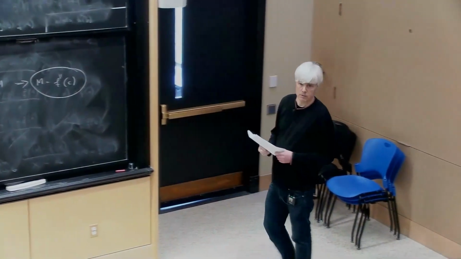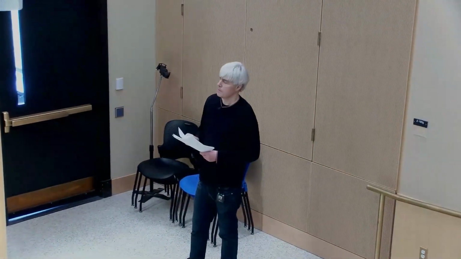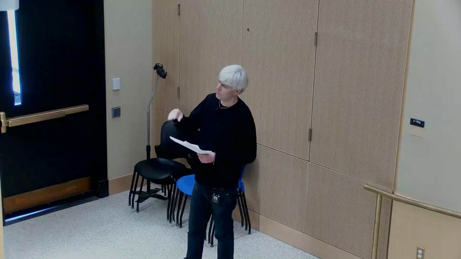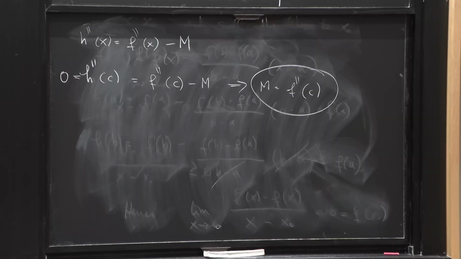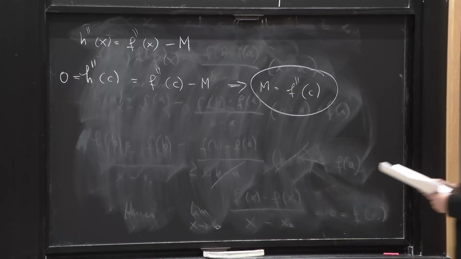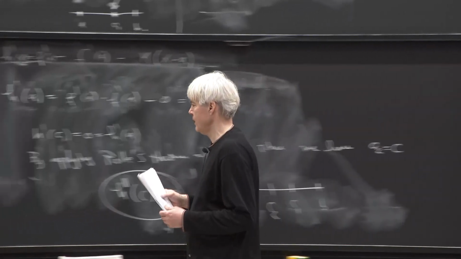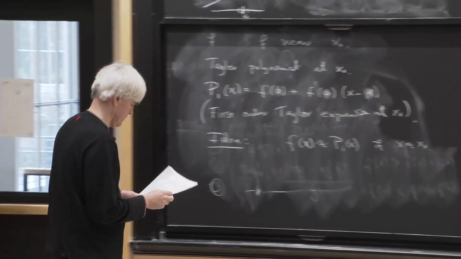Okay, so you see this proof is sort of clever, but if you think about it, it's applying Rolle's theorem twice, but in a way it's the only thing it could be. But anyway,